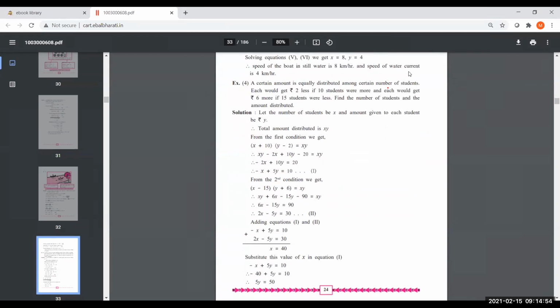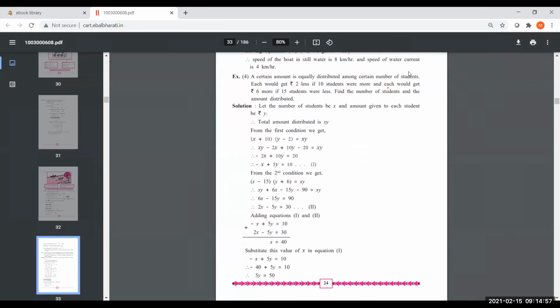Okay, these are the same type. Let's just frame the mathematical form and we'll see the next one then. Look here, a certain amount is equally distributed among a certain number of students. Now here we don't know the amount, and we also don't know the number of students. Then what it says, each will get